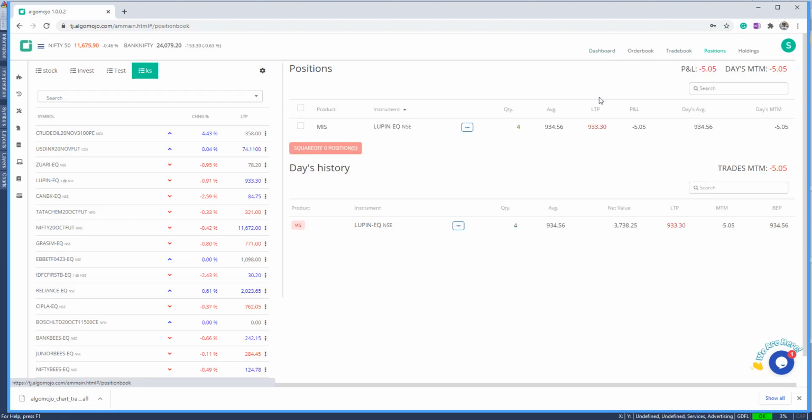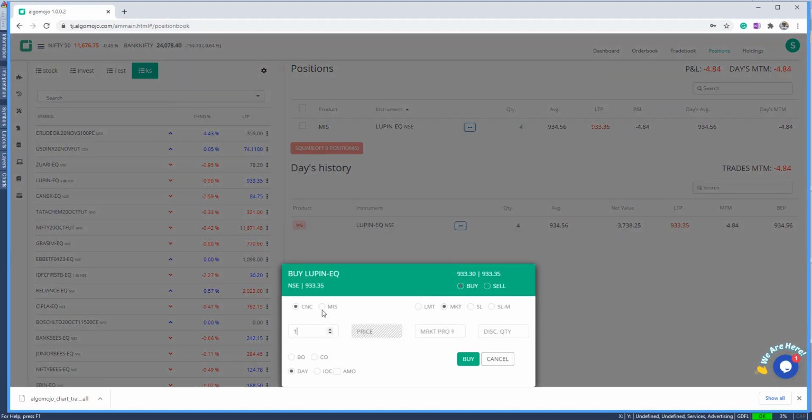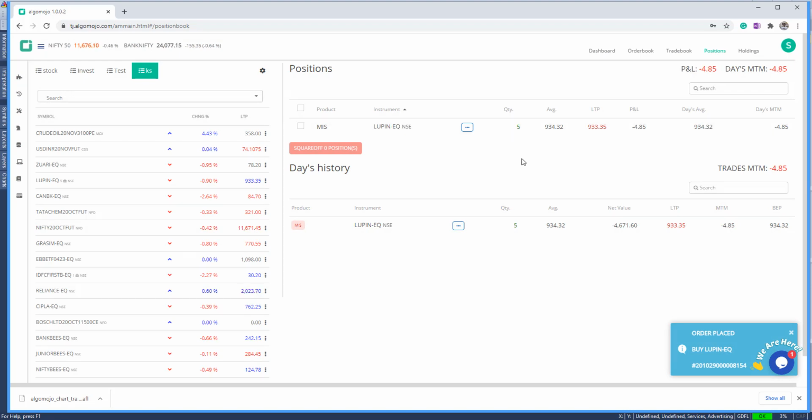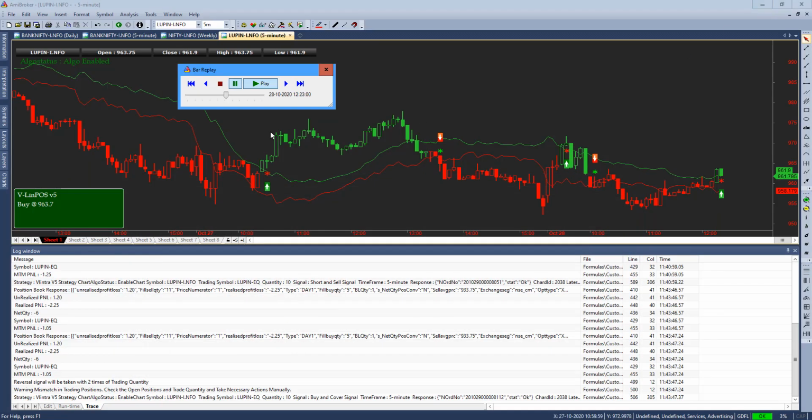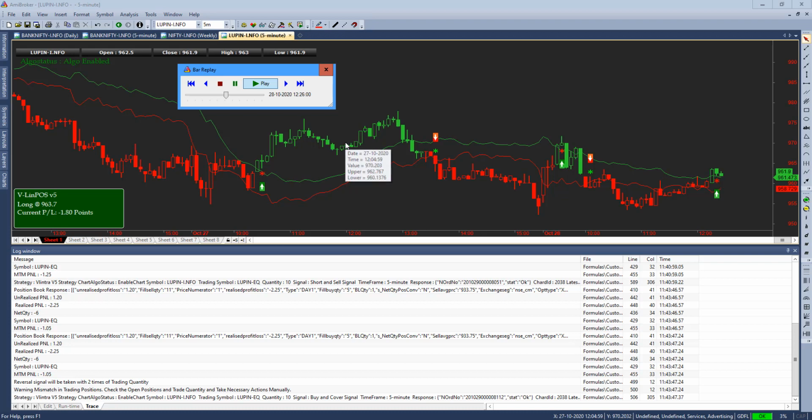I'll go to the actual position. It's already 4 over here, which means there is some deviation. So I have to go back and add one more buy position, and then I can correct the mistake. Now from here onwards there won't be any warning. Now the quantity is perfect. In that case you don't get any warning if there is a sell signal. I'll run the replay here so that you can understand.